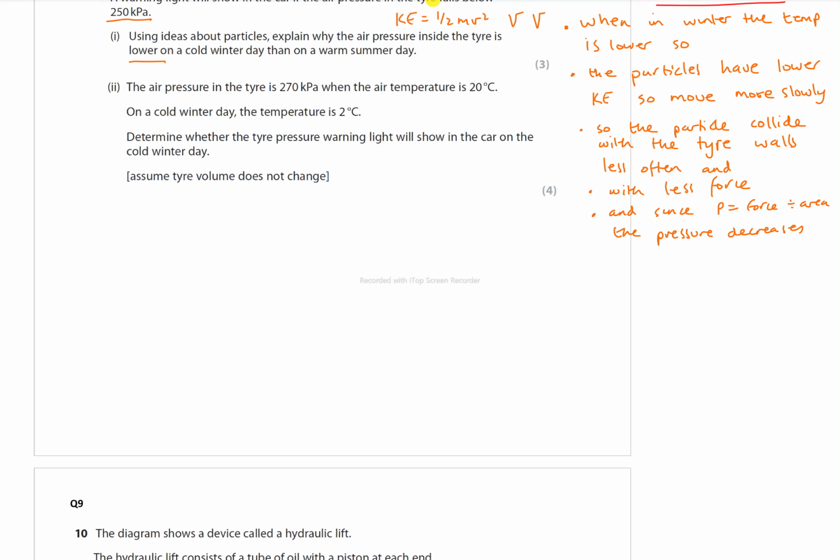So it was a carbon copy of that other question. So look, this is what I'm trying to say to you. If you can learn these few steps, the key thing is